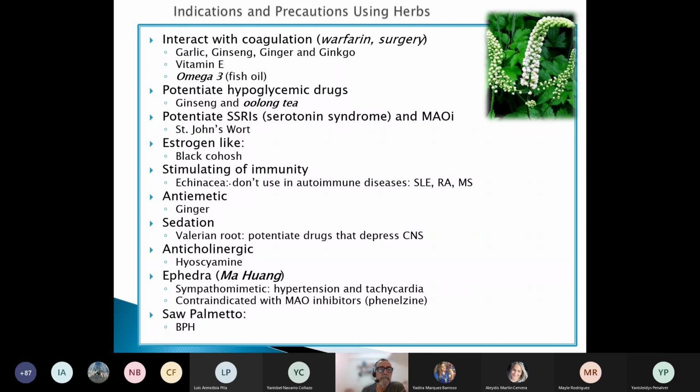estrogen insufficiency. Echinacea. This is a medication super frequently consumed when the people have common colds at repetition, and then they think that they have a low immunity to stimulate their immunity. This kind of herbals are contraindicated in people with autoimmune diseases, in which you don't want to stimulate the immunity. On the contrary, the doctor will prescribe immune suppressors. So they interact with immune suppressors, antagonize the action of the immune suppressor that the doctors are prescribing.